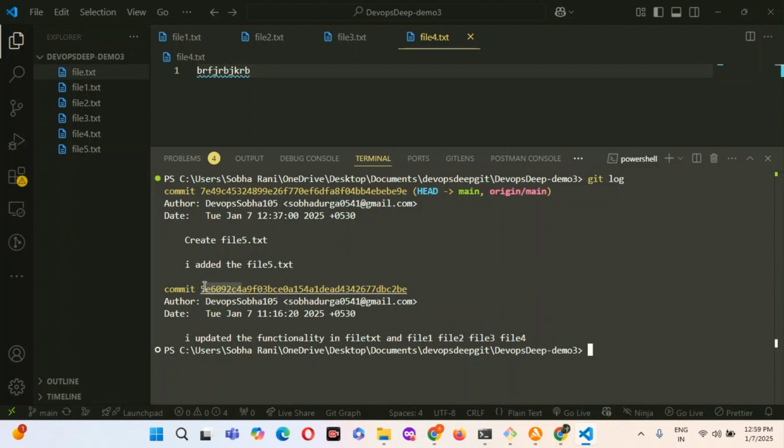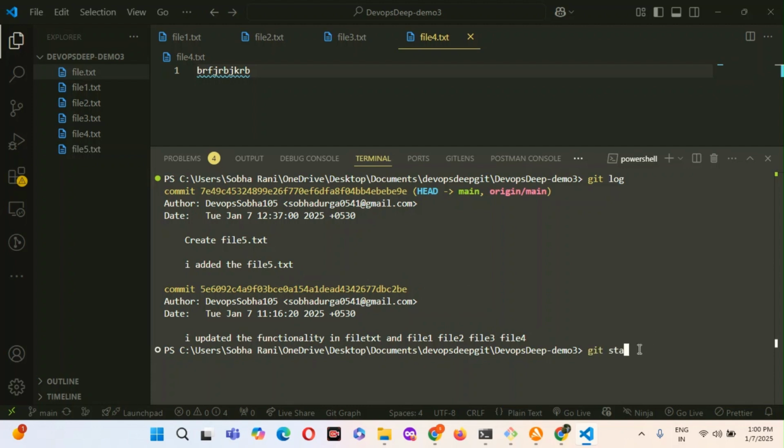Then the author and mail, which we discussed previously. Previously I updated this commit, and recently I added file5.txt. It will show the commits.